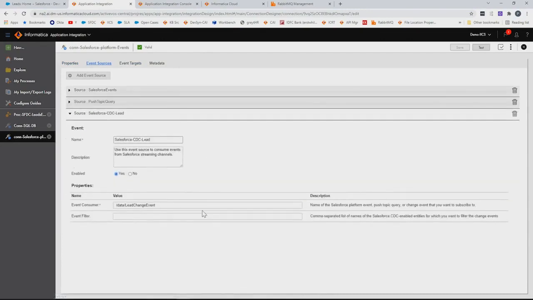So this is our CDC connection. We have given the change data capture as data slash lead change event. So this is going to capture all the lead changes that we make on the Salesforce side.